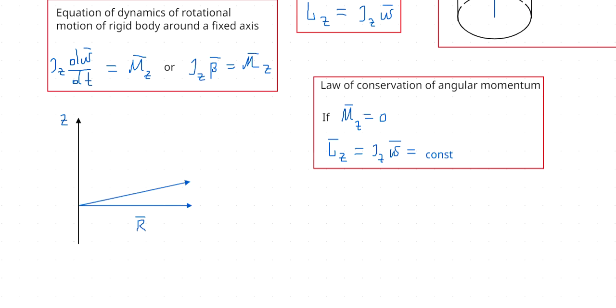The angle d phi is infinitely small. The increase or displacement vector is dr. Displacement vector is dr, and this is angular velocity. This is a right angle, and here